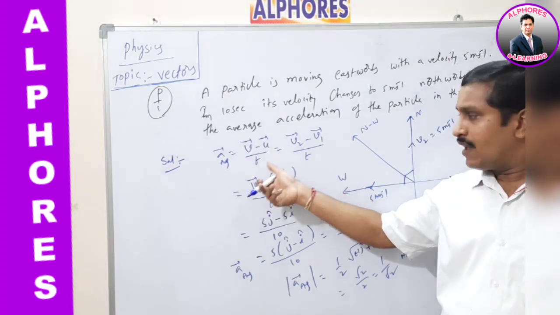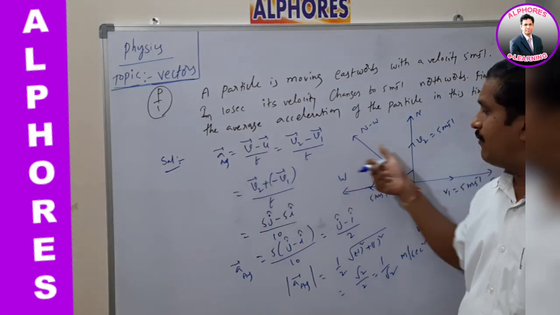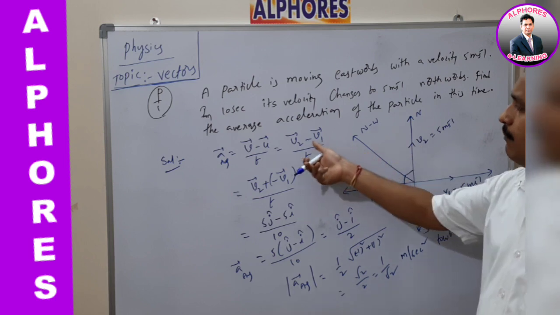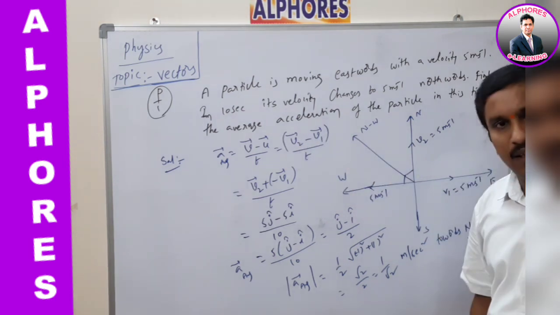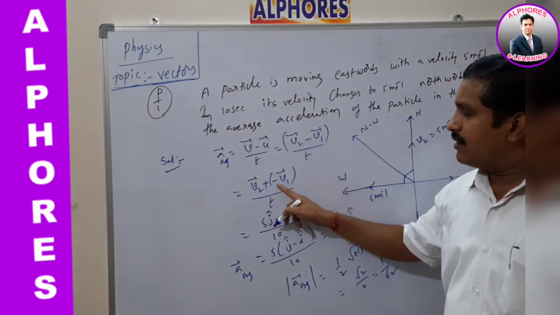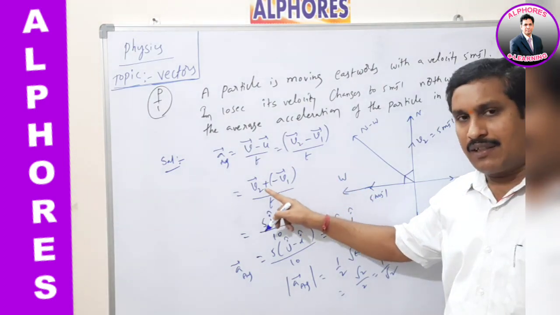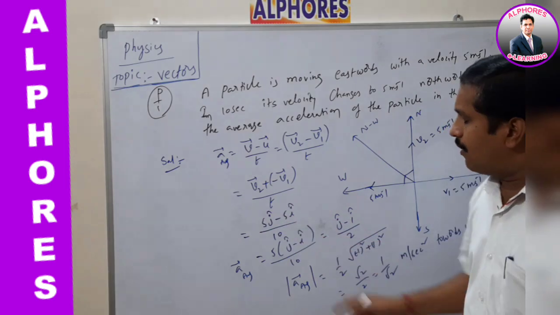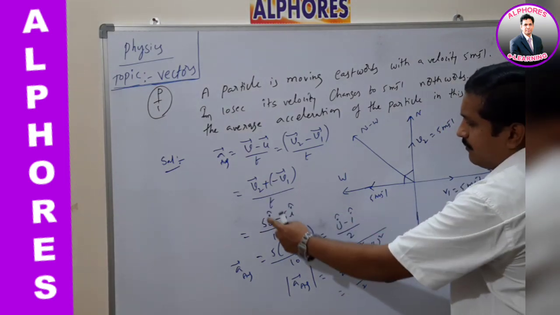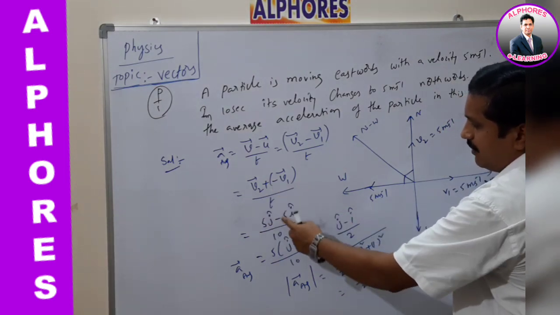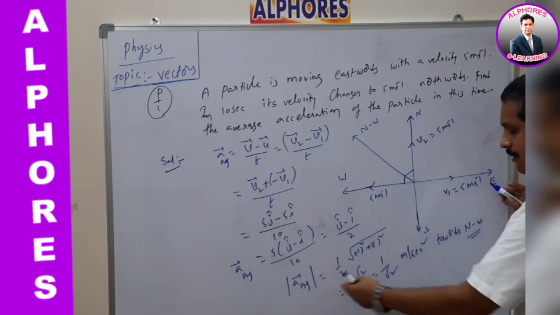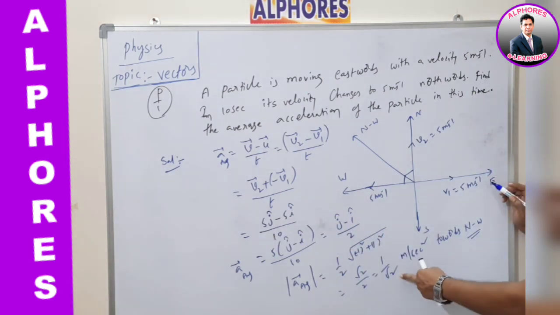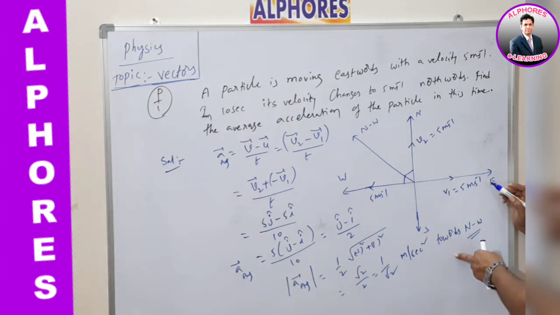So as per the average acceleration formula, average acceleration is equal to (v bar minus u bar) by t. So v bar, let us say the final velocity, can be treated as v2 here, minus v1 bar. As per the vector subtraction, it is nothing but the addition of v2 bar with the negative vector of v1 bar. Now it can be written like this: v2 means 5j cap plus minus v1, means minus 5i cap, by 10. So after manipulation, what is the average acceleration magnitude here? 1 by root 2 meter per second square, which is towards northwest direction.